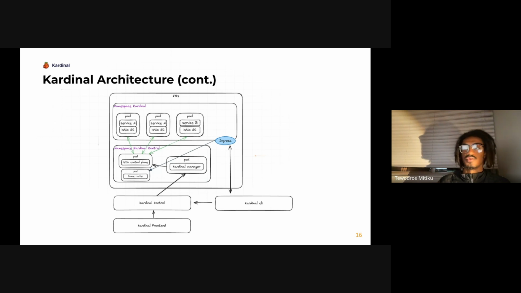So it says namespace Kardinal here. This is whatever namespace the user is using to deploy their services into. But then we've created this namespace that's deployed some Kardinal specific things, namely the manager, which is a sidecar that's running in this namespace that is constantly polling the control plane for the most updated cluster topology, or state of the cluster that the cluster needs to be in. The Kardinal manager then applies that to the cluster to make sure that the cluster stays up to date with the state it needs to be on to implement all the flows. And then we've got this Istio control plane and trace router, which I'll talk about in a second.